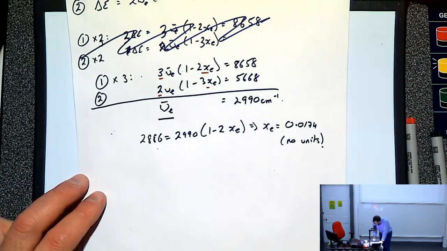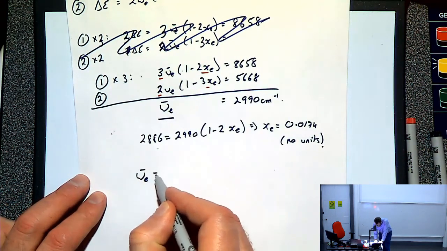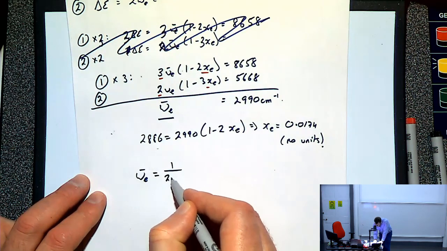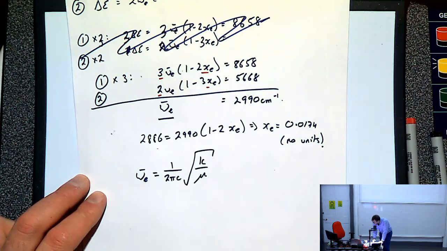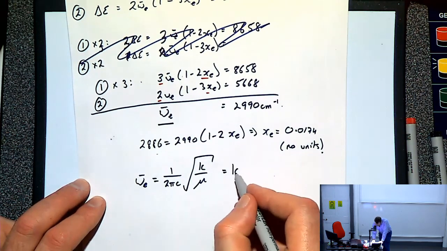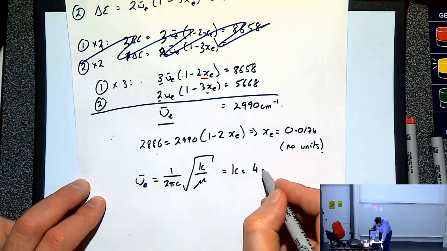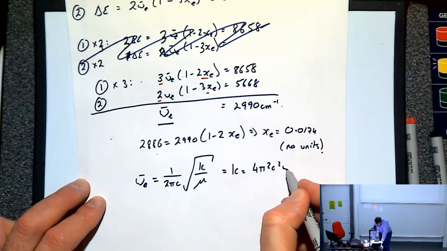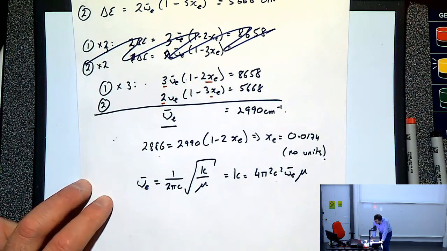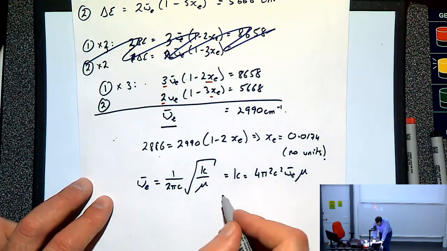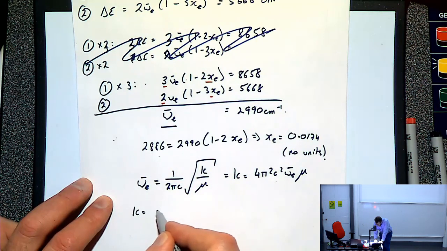We can say that that's equal to 1 over 2 pi c times the square root of k over mu. So that means k is equal to 4 pi squared c squared omega bar e squared mu. Okay, so getting rid of the square root and multiplying across. So when we shove everything in, we get k is equal to